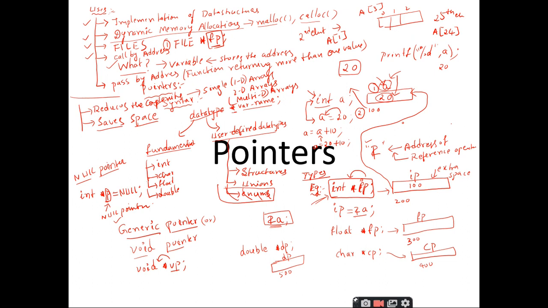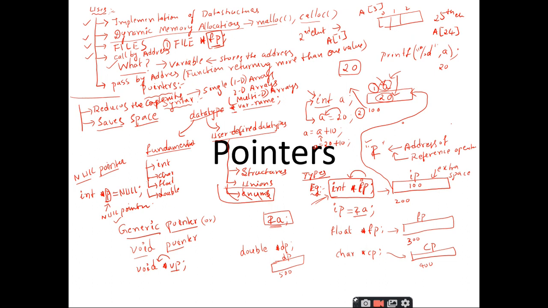Do I have a provision to increase the memory that is already allocated? During dynamic memory allocation, do I have a provision to increase the size that is already allocated?